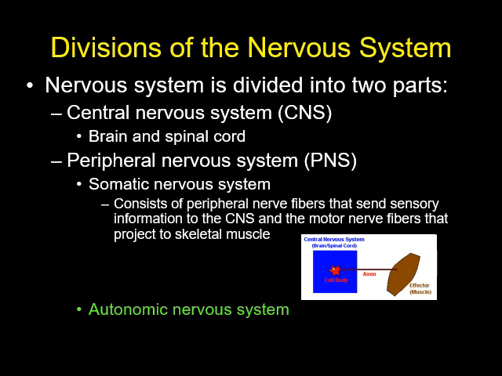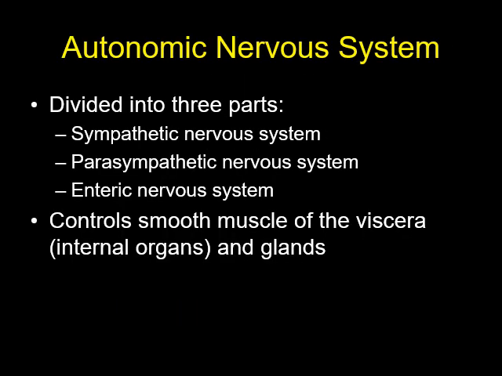Today we focus on the autonomic, or unconscious/involuntary, branch of the nervous system. The autonomic nervous system is divided into three parts: the sympathetic, parasympathetic, and enteric nervous system. Collectively, or altogether, the autonomic nervous system controls smooth muscle of the viscera, aka internal organs, as well as all